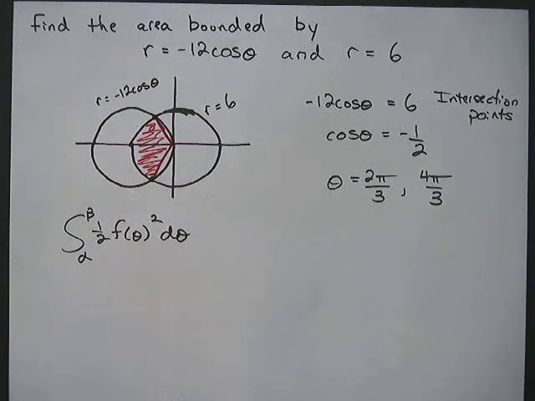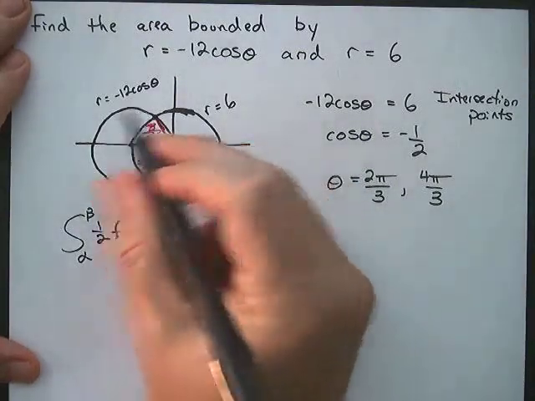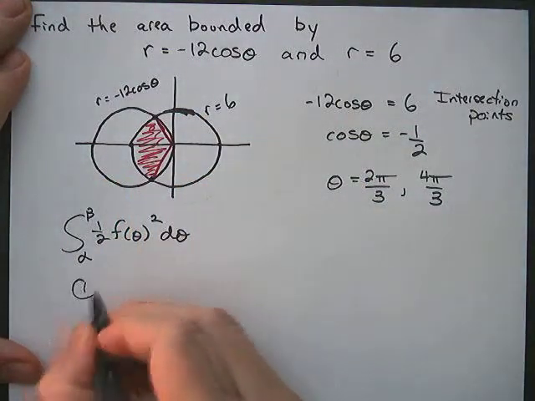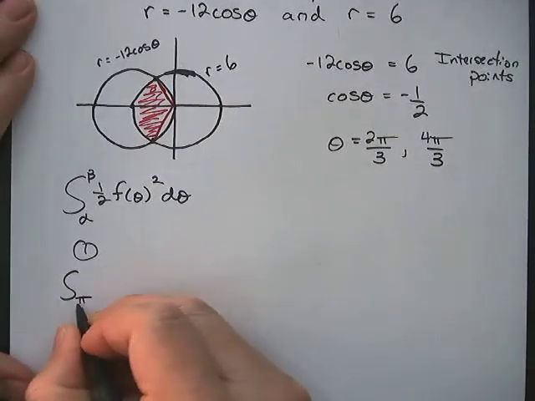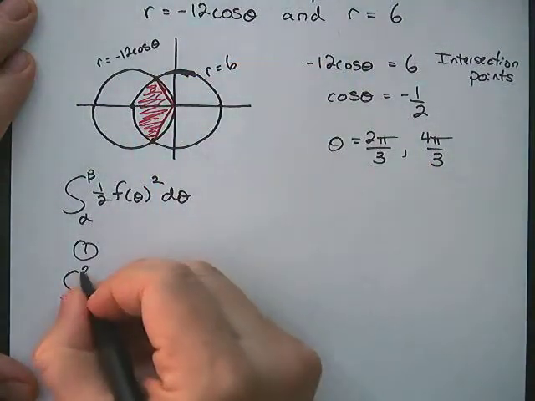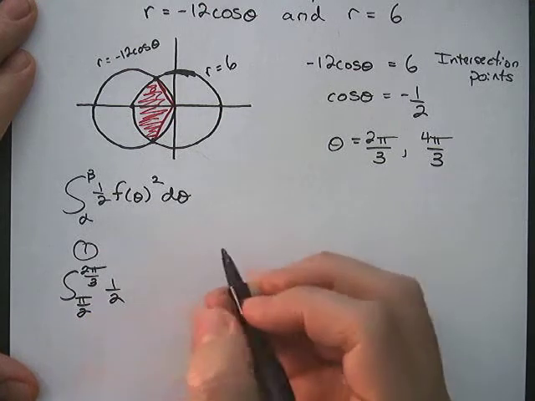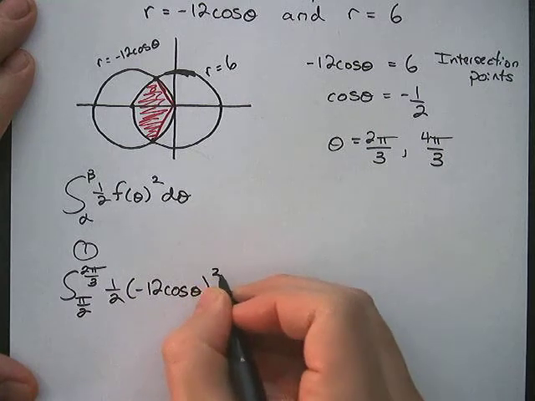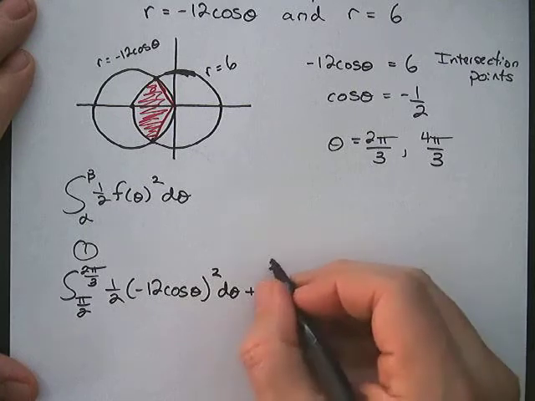Okay, so the first integral I'm going to set up will be to find this little sliver right here. So I'm going to use this function. For the first one, I'll go from pi over 2, which is up top here, to the intersection point, 2 pi over 3. And that will be 1/2 times the function negative 12 cosine theta squared d theta. Okay, plus the second one